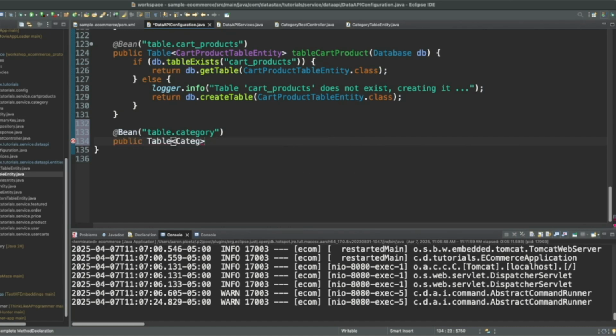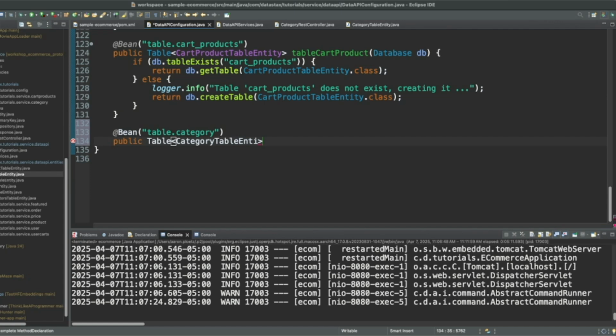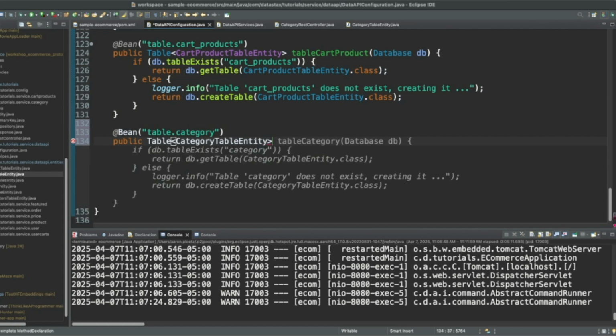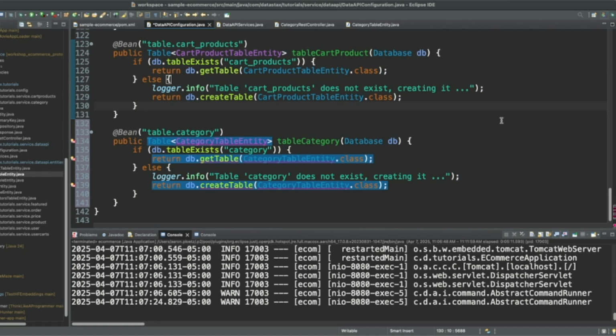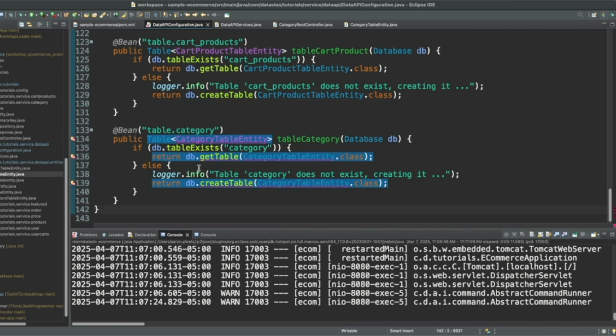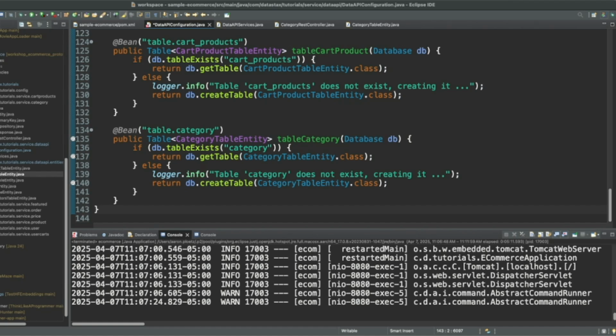This is going to be category table entity, table category. The rest of that looks okay. Let's import our category table entity class. All right, so our data API configuration is ready.